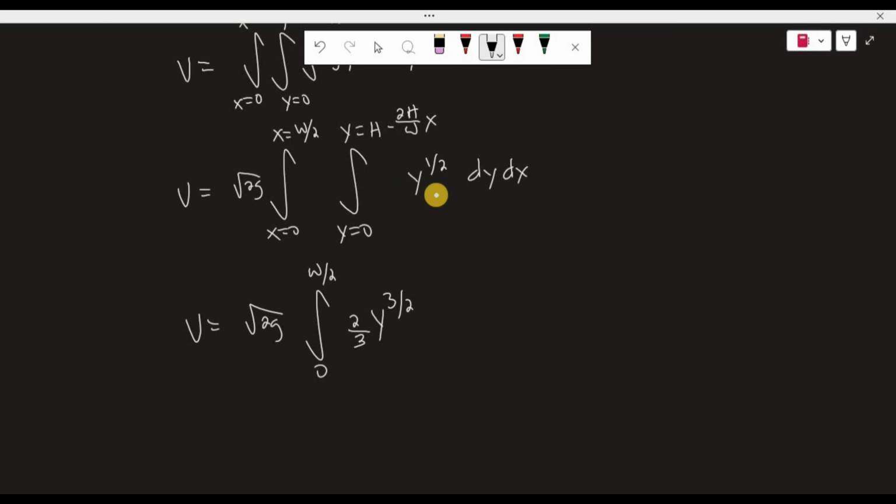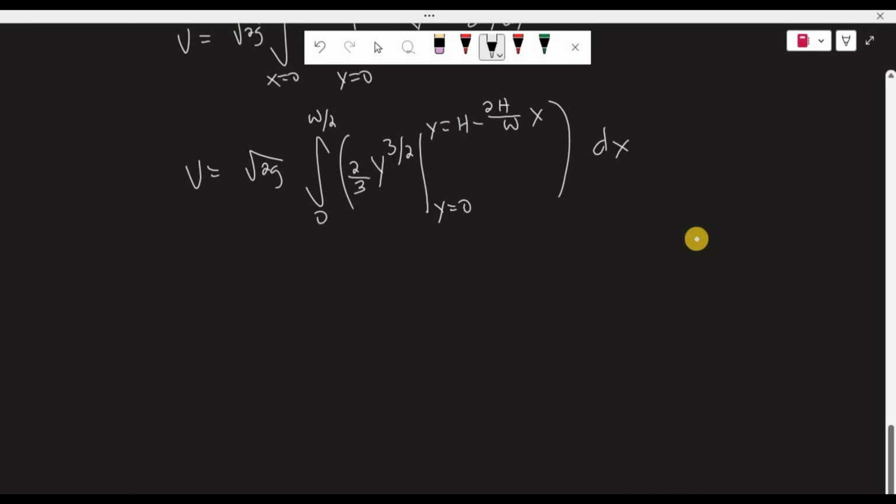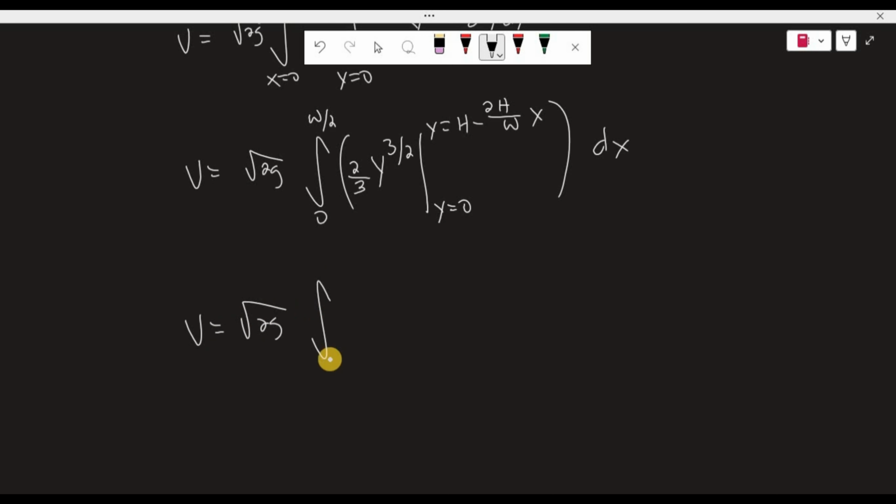This is the integral of y to the 1/2, and then the limits of integration are y equals 0 to y equals h minus 2h over w x, and then dx. Now plugging in the limits of integration, 0 to w over 2, 2/3,